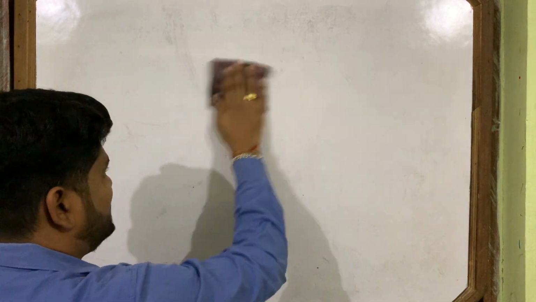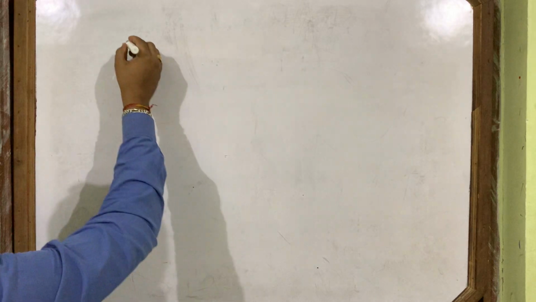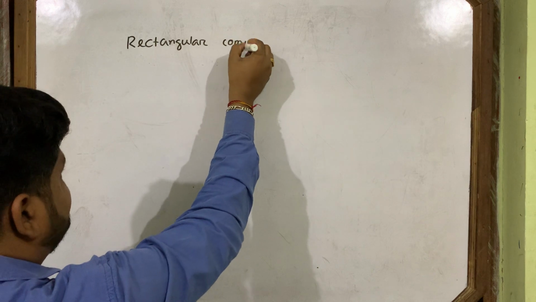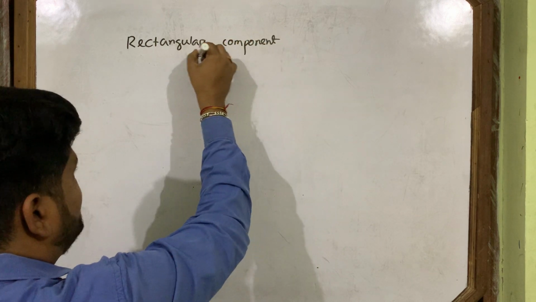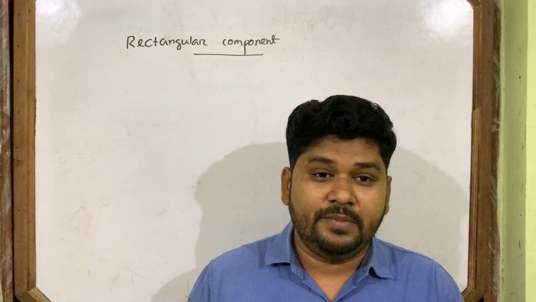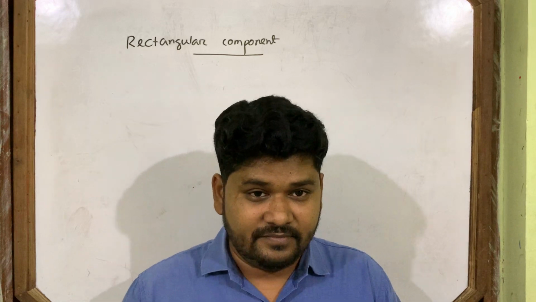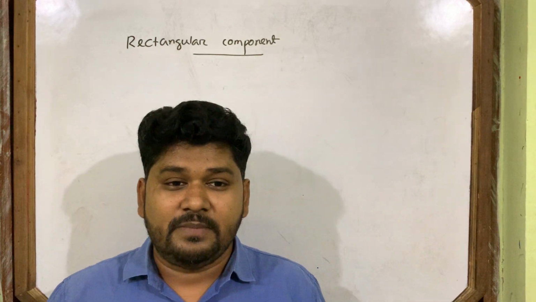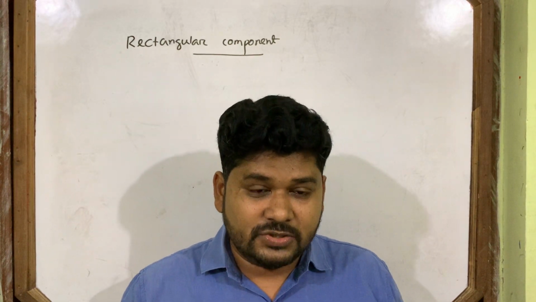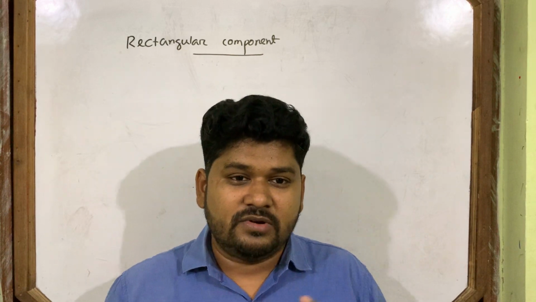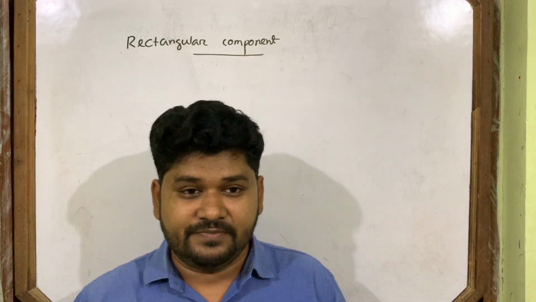Okay, so now let's come to another part: component of a vector. We'll discuss rectangular component of a vector now. Before discussing component, I want to tell you what we mean by component in day-to-day life. You always say that my head, my hands are components of my body. Why? Because when those parts join, your body is formed. They are the components of the body.